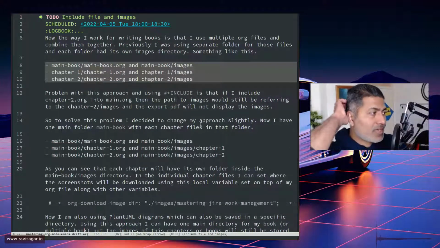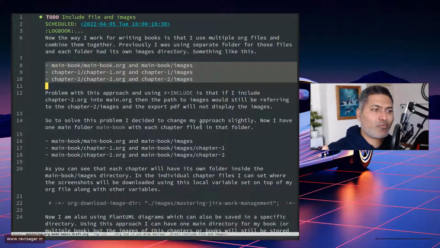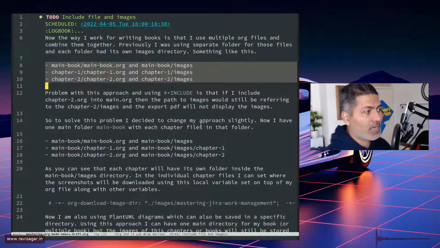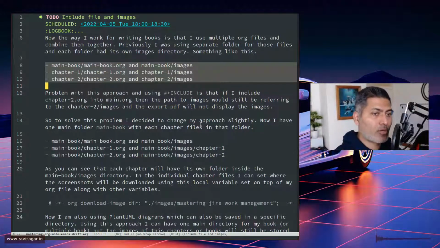Now, the problem with this approach is that when you embed an image in chapter 1 or chapter 2, the image path was images/123.png, whatever. And if that particular image is one that you have downloaded from the internet, or any external image, not really PlantUML, for example, I'm also using screenshots in my book. So when chapter 1.org is merged with the main book, PlantUML will still work, because